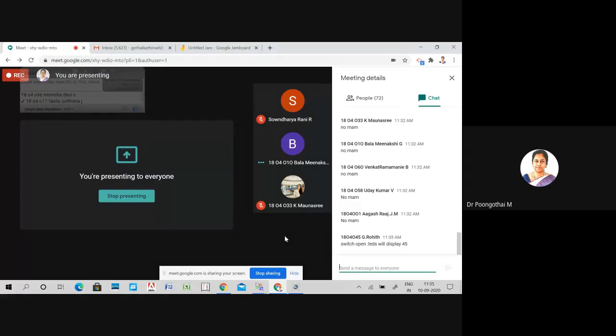Rohit is correct. And what else did we write there? What would 1.3 do? What is the purpose of 1.3? We have connected an LED there. Yes ma'am, it will generate the square wave.